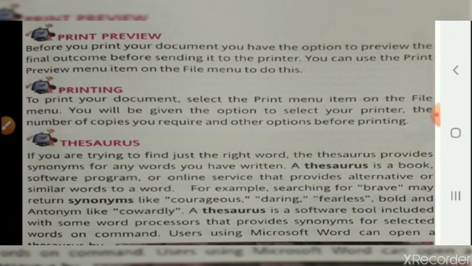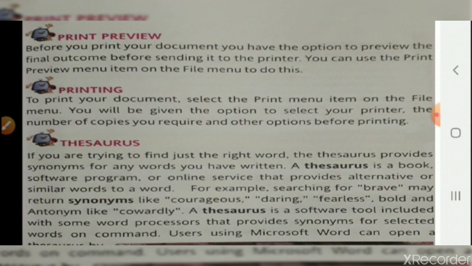Then thesaurus. If you are trying to find just the right word, what does it mean? Let me tell you. It is for synonyms, or in simple words, it acts as a dictionary. It gives us the proper meanings of words. The thesaurus provides synonyms for any word we have written.